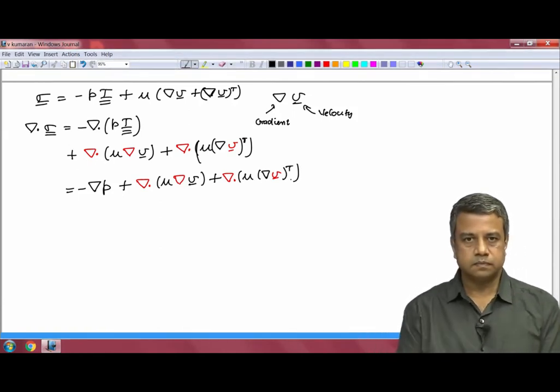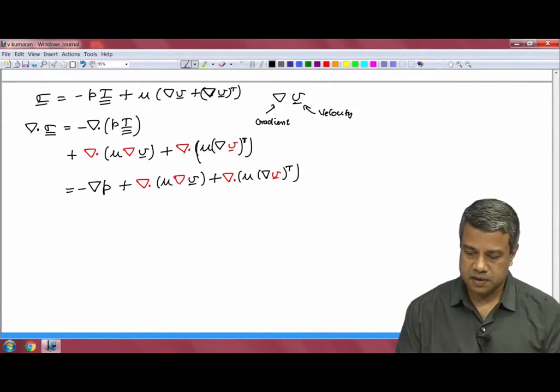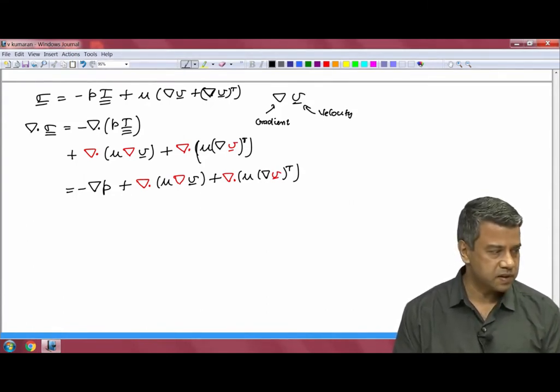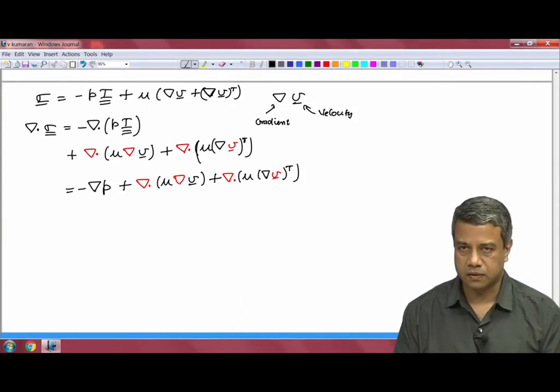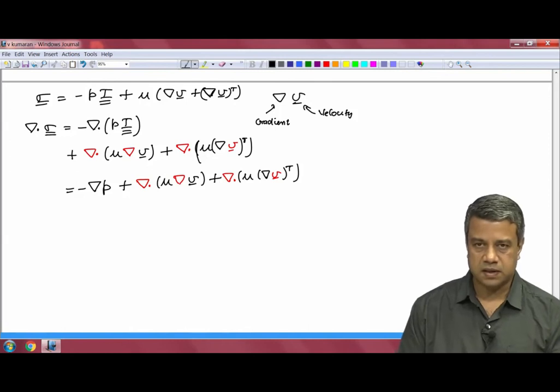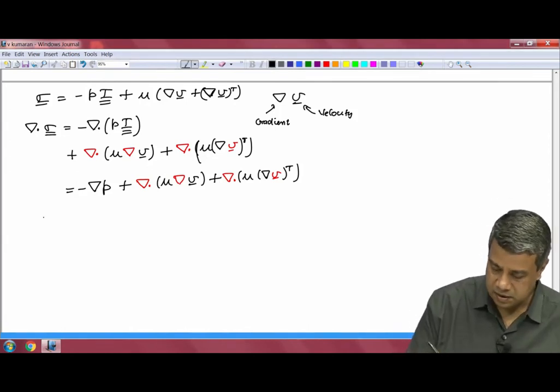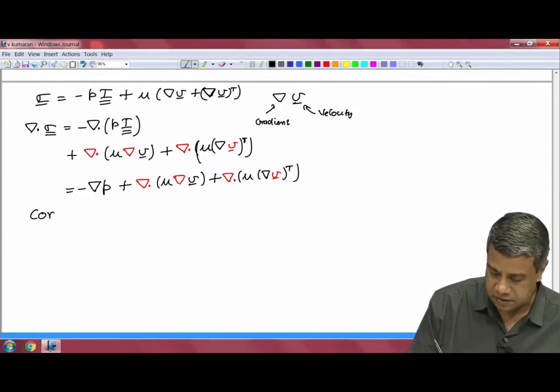So, this is the expression for the divergence of the stress for a Newtonian fluid. If in addition the viscosity is independent of position, if in addition the viscosity is a constant,